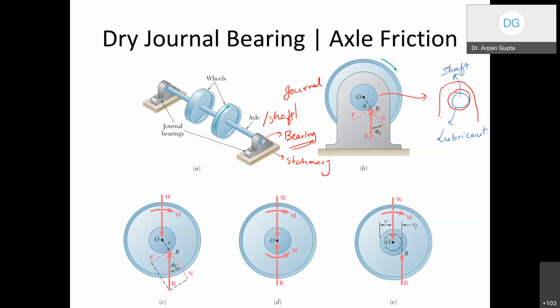That friction analysis is dealt with in a separate subject called tribology, which deals with lubrication, bearings and so on, and particularly fluid dynamics or fluid mechanics. We are not going to talk about these types of things, but we are going to talk about dry journal bearings. So let us say the lubrication is not there, or it is partially there. If there is metal to metal contact, then the analysis that we are doing is fine.